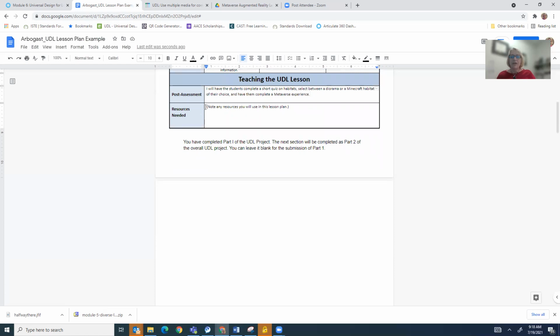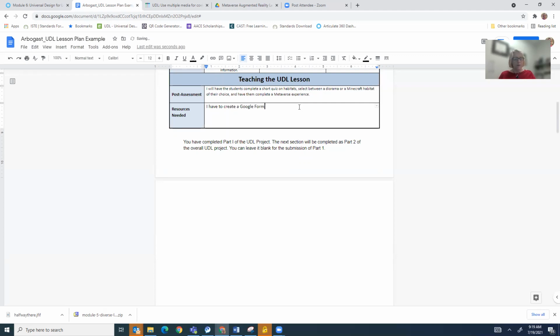And then our final thing is, great, I'm going to do all this or any of these items that I've brainstormed. What resources do I need in order to do that? And that's just a very simplified version of what are you going to do to implement these options and all the different things that I might need to do that. So I would say for the short quiz, I would need, I have to create